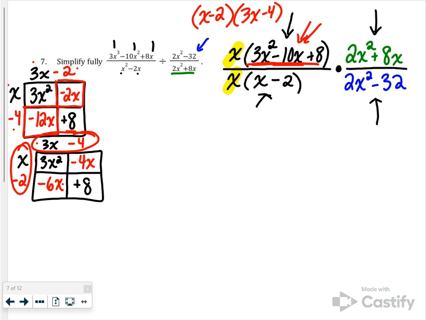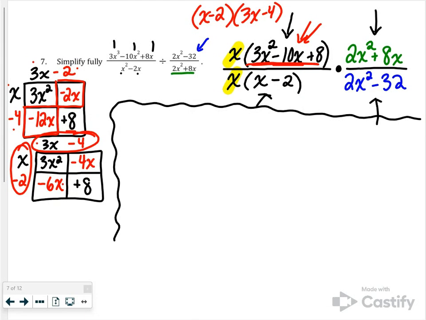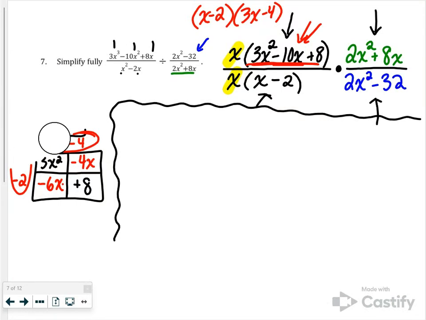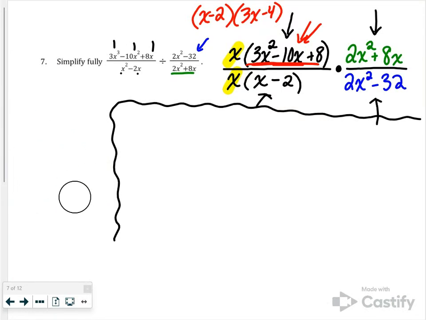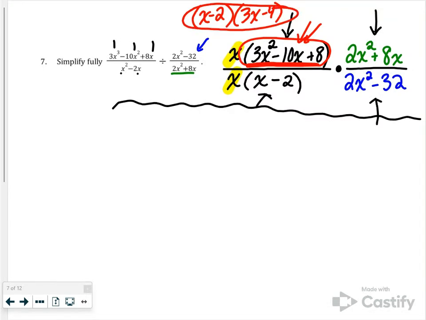So I'm going to create another little space for the problem. And let's get rid of this factoring, because we now know the factors. Okay, so let's give this whole thing a shot. So I'm going to rewrite these factors right here, but I'm going to write them as x minus 2 times 3x minus 4. And that's all going to be over x minus 2. And then this is multiplying